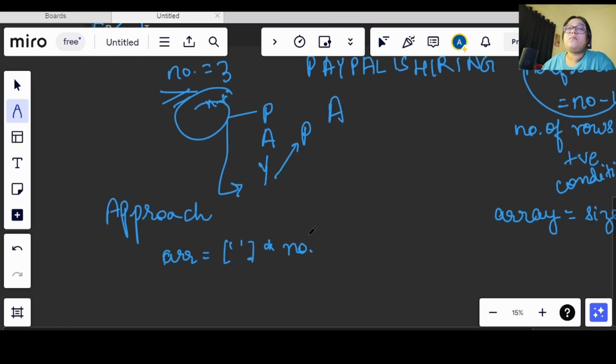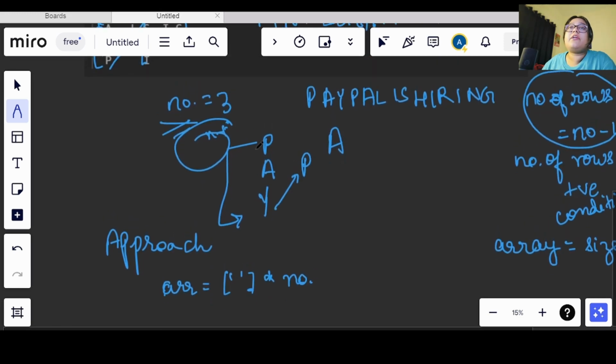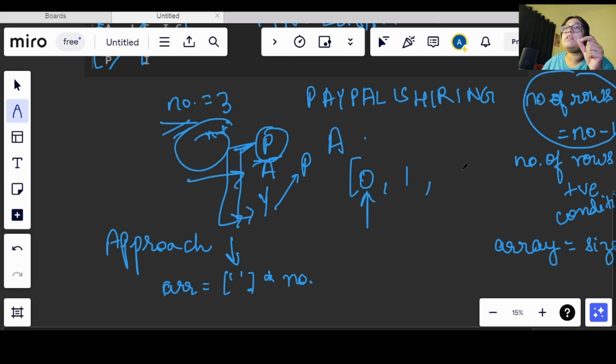Now we know that every time we are iterating, we are going from the 0th row to the 2nd row, right? So if this array denotes each row, let's say the 0th index denotes the 0th row, the first index denotes the first row, and the second index denotes the second row.